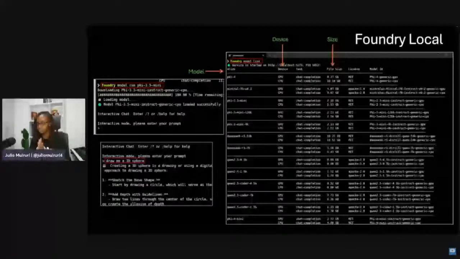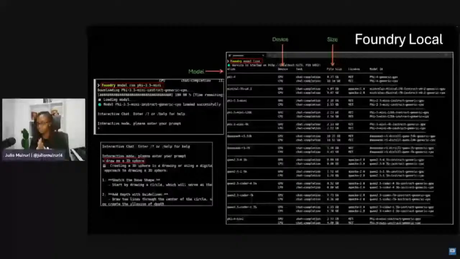So once you've seen the list of the models, the next command you run is foundry model run, and then pass in the name of the model you want to work with. In this case, I went with 3.5 mini. If it is not downloaded on your machine, it's going to download it fast, and then it will render this interactive mode on the CLI, and you're able to send in prompts and get responses, simply running locally right here on your CLI.